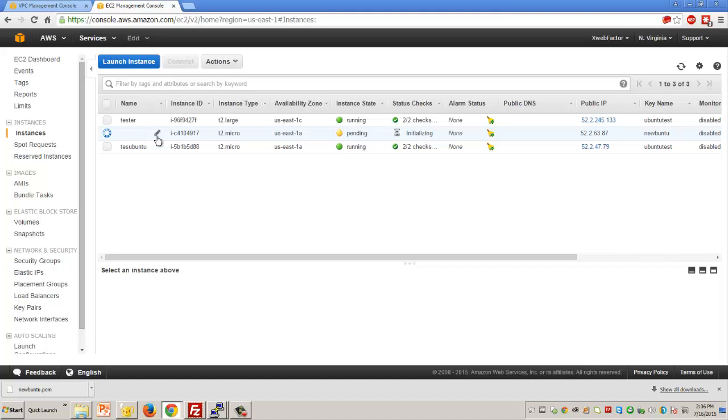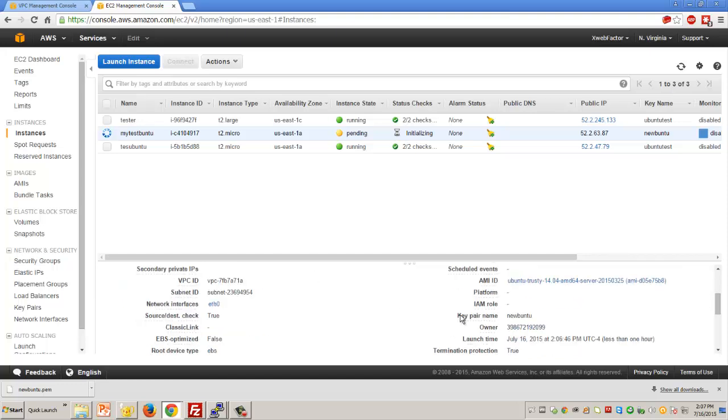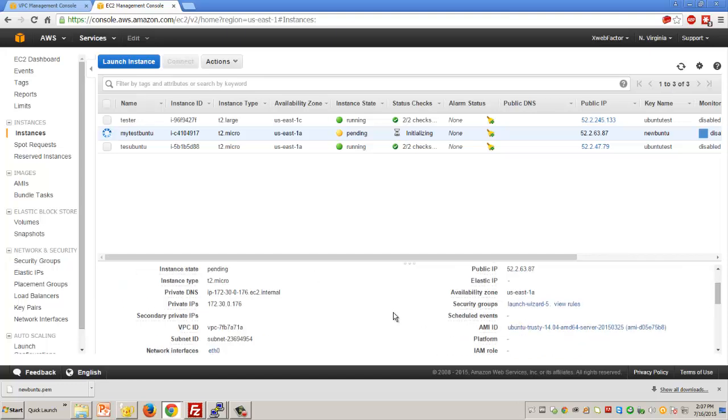And we'll see the new one that's launched. You might want to name this whatever, just so it gives you an idea of what it is, what you used it for. But I'm going to click on this now, and you'll see I have a security group listed right here. I'm going to go ahead and hit this,